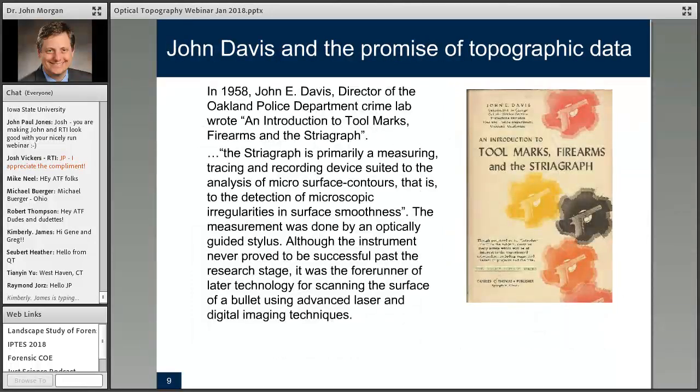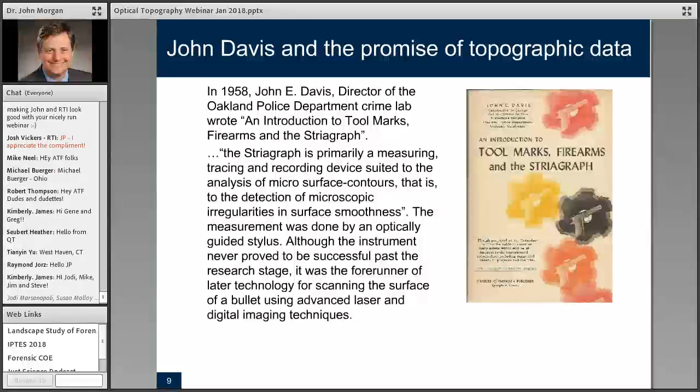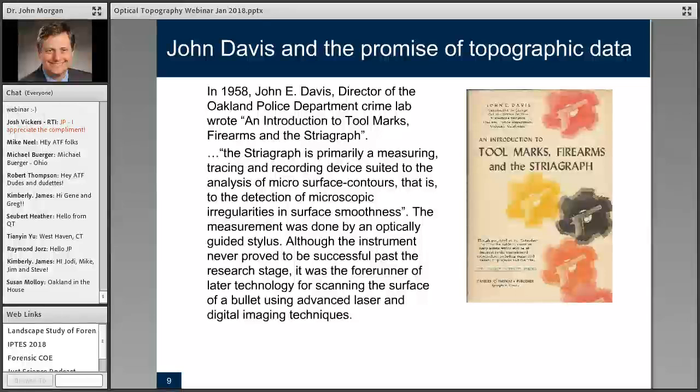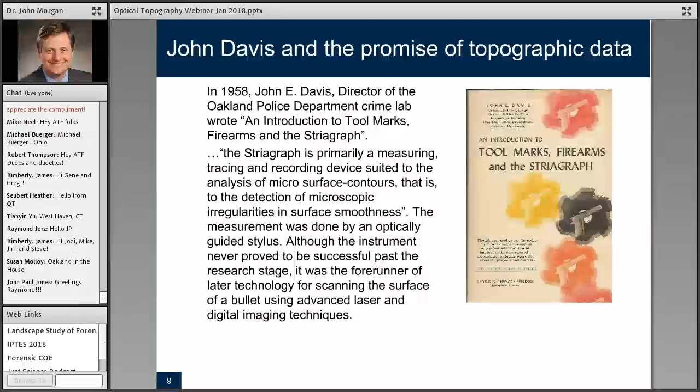And as in most things, there are visionary forensic scientists who we also need to remember. One of them, just 3 years after Minsky's invention, was thinking about how you might look at the topography of the striations on a bullet or cartridge casing. He created something he called the striograph, which was a physical stylus that you would look at through a microscope, and the microscope would be used to guide the stylus across the striation. And he actually did comparisons using this method, and he wrote a book that I understand at one time was fairly